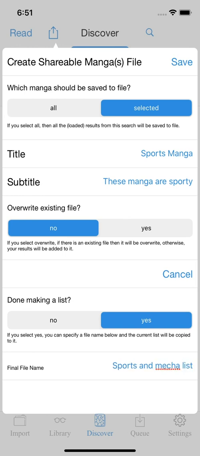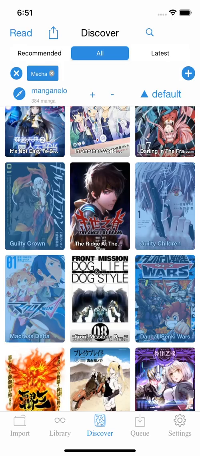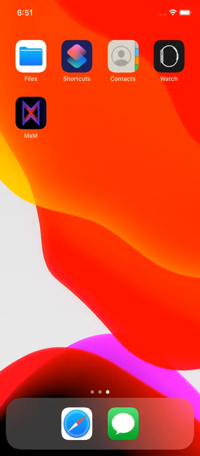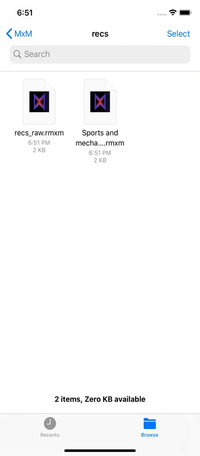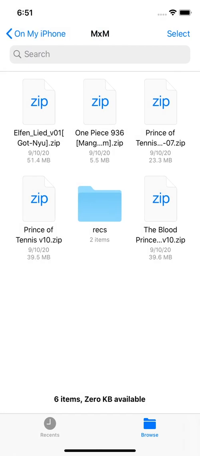Then when you click save, now you can see that there's two items in this Rex folder. There is the raw file that will always be there, and this new file, sports and mecha, that we just named and saved. So now, if you go back to the app,